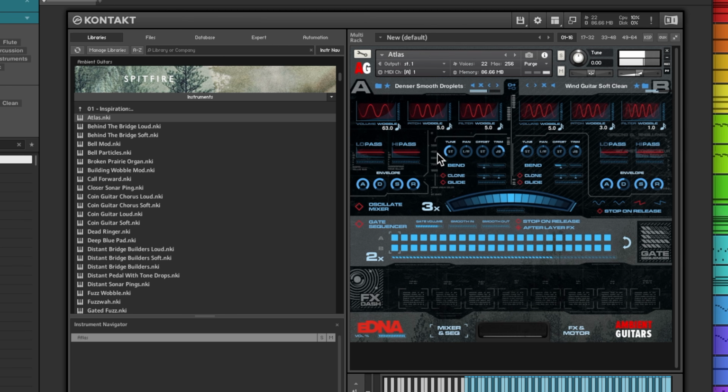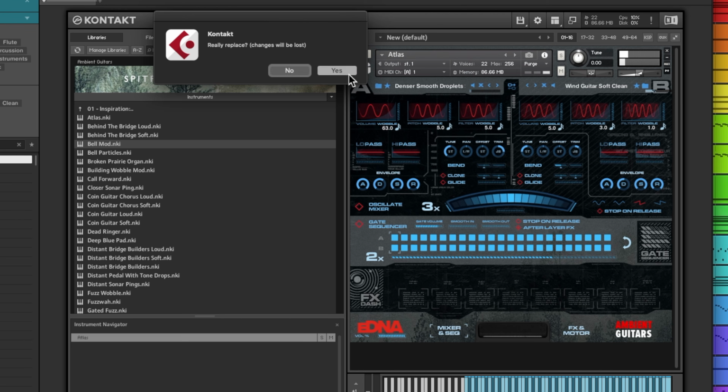And there's all sorts of stuff that I'm not even touching in here. It's got its own little sequencer that you can build up rhythmic sounding patches with. So this is definitely not doing this one justice, but